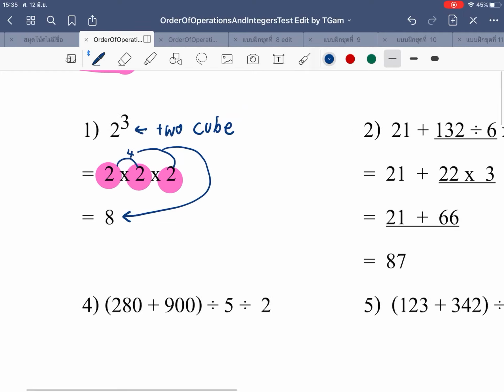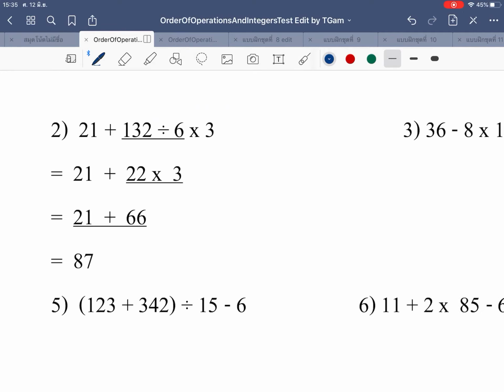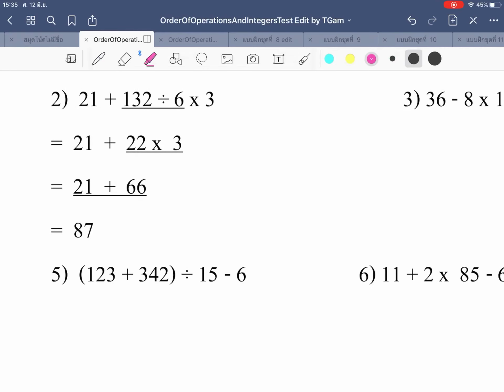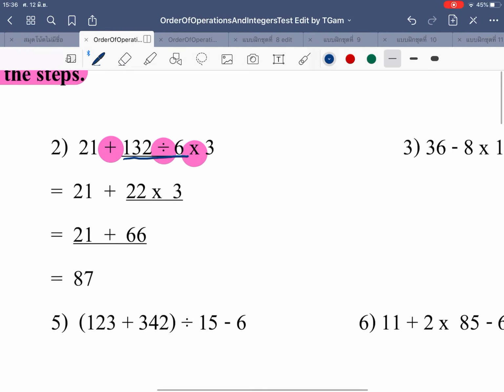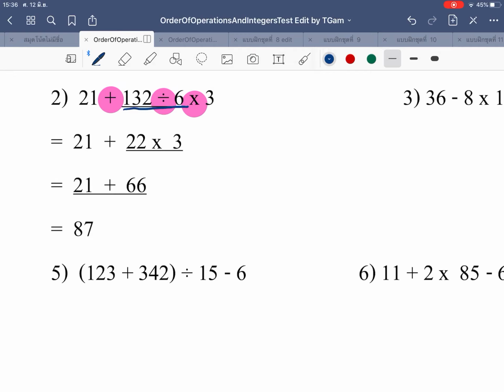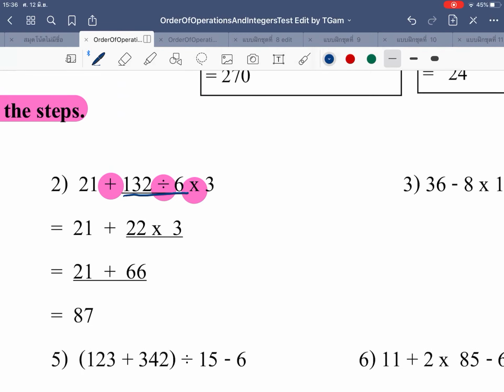Okay, then number 2. In question number 2 you have addition, division and multiplication without any bracket. So what we have to do first, we have to do division. Why do we have to do division? Because when we want to do the operation on integers or any real number, the rule that we have to follow is called